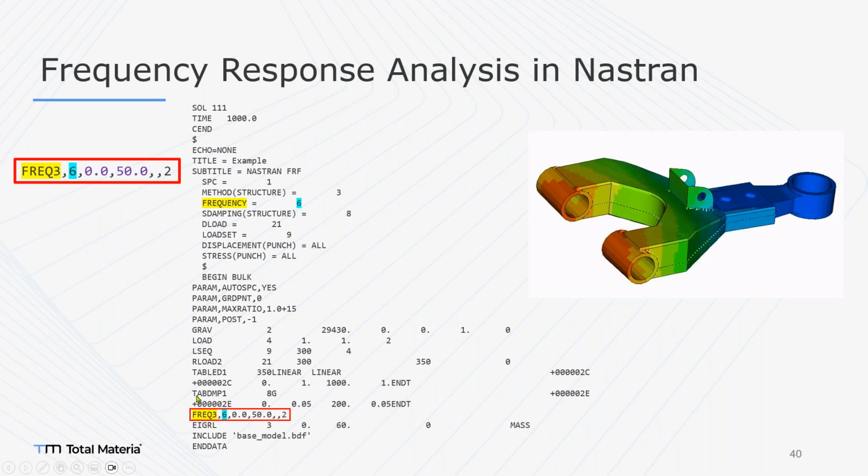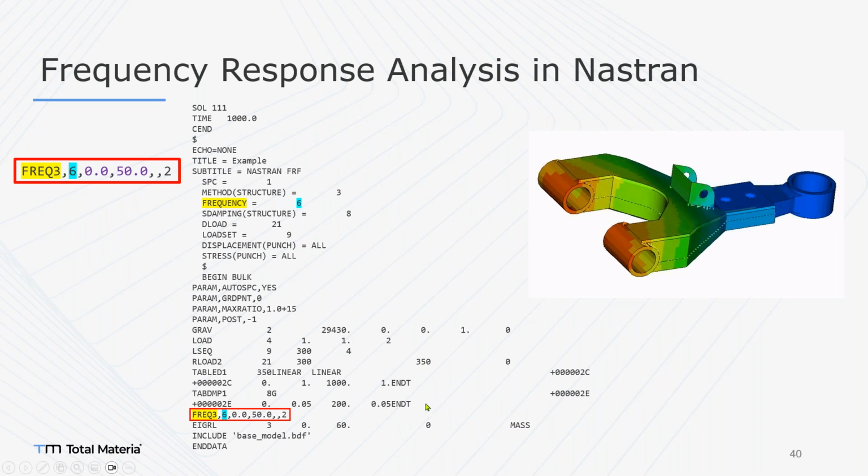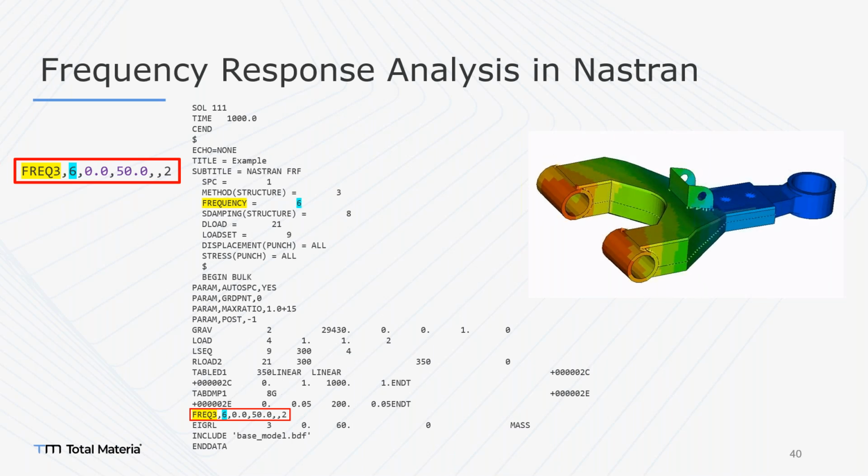This means that the damping value is constant between 0 to 300, and it will be perfectly constant after that frequency level. But you need to consider that higher frequency levels will have different damping values